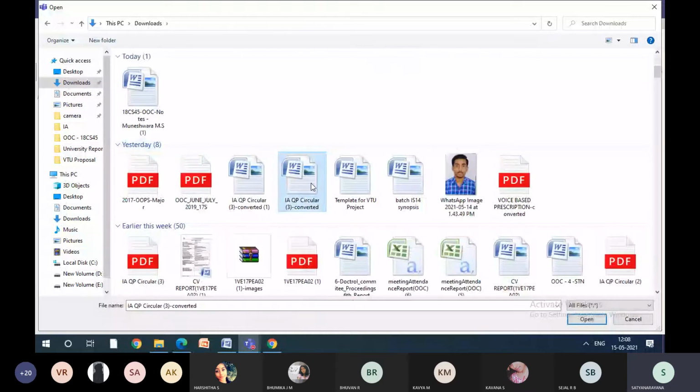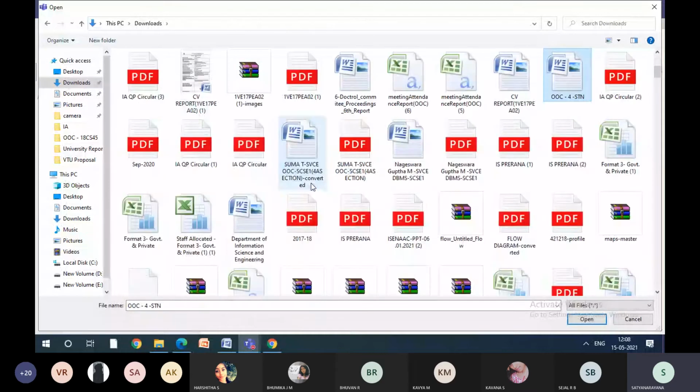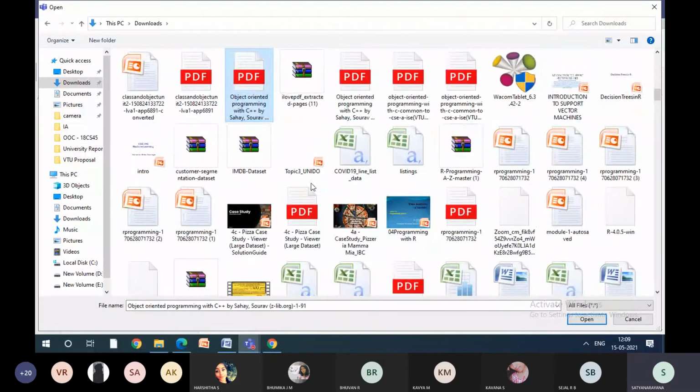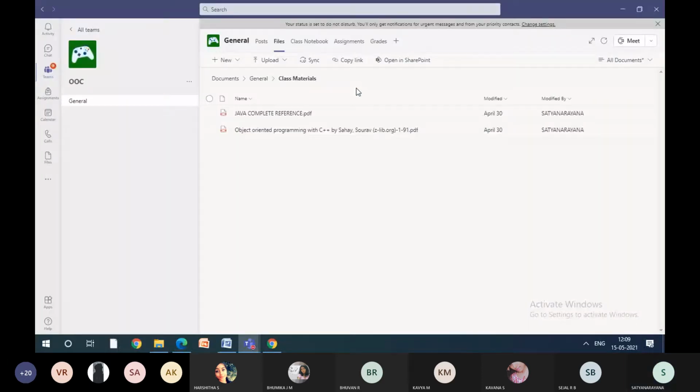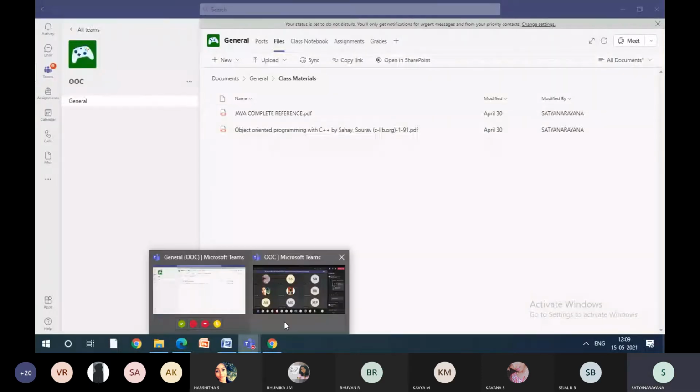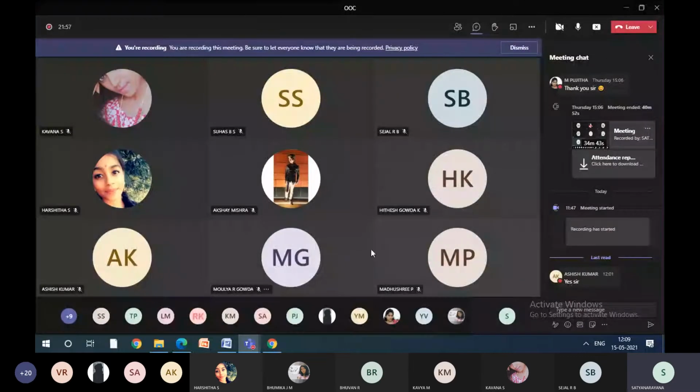But last time you were uploading in Google Drive or something, right? This time you are going to upload in MS Teams only. It will come like an assignment, and you will upload in MS Teams only, right? So there it will be evaluated.